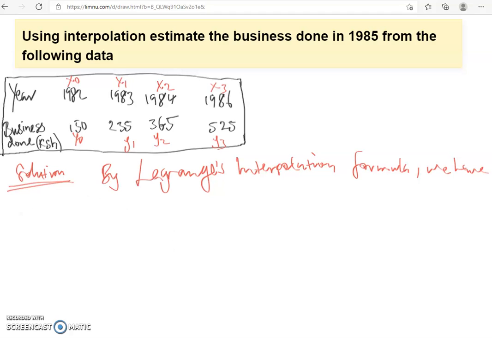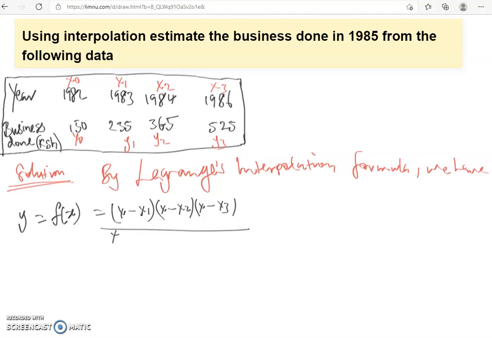So let us plug this into our formula. Y will be equal to the function f of x, and this function will be given by our formula. We know that x minus x1, x minus x2, and then x minus x3, divided by x naught, because x naught is not here, so x naught minus x1, x naught minus x2, then x naught minus x3. Multiply this by y naught. Plus,